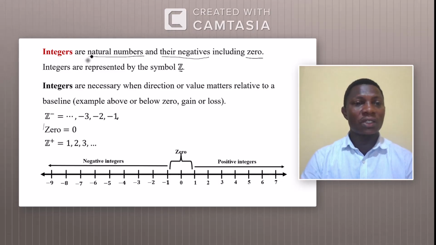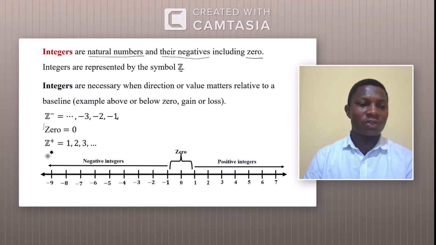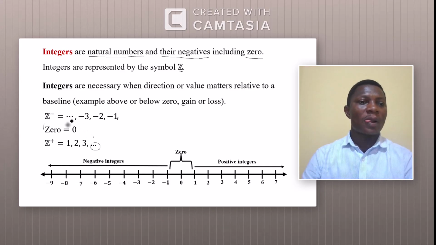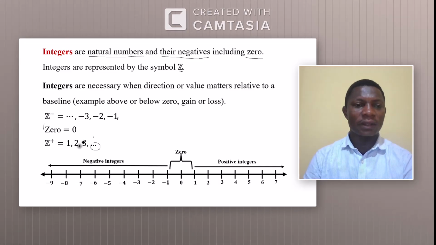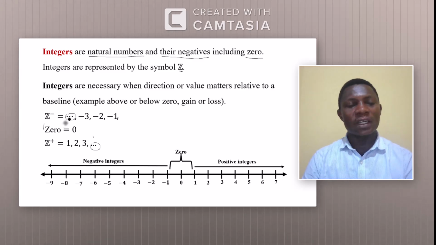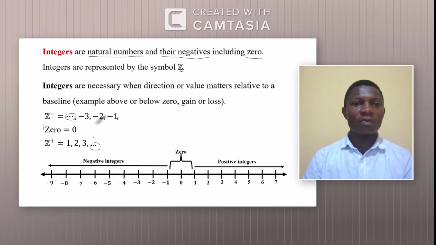So natural numbers, we know natural numbers already, that they start at 1 and continue indefinitely. So this is the natural number part of integers: 1, 2, 3, and you have your ellipses, and also their negatives. So this one here, its negative is -1, the 2 its negative is -2, and 3 is -3. Now these 3 dots before the -3 show that there are a lot of negatives before the 3. So it is also indicating an indefinite set of integers. Now the last one, including 0. So the 0 is also part of